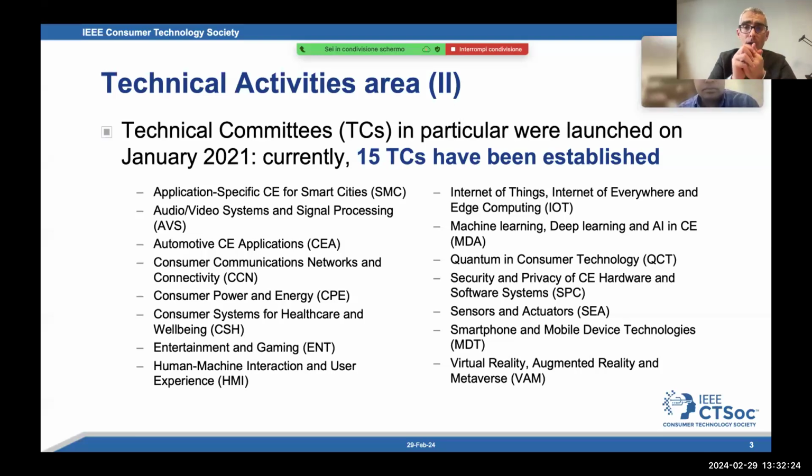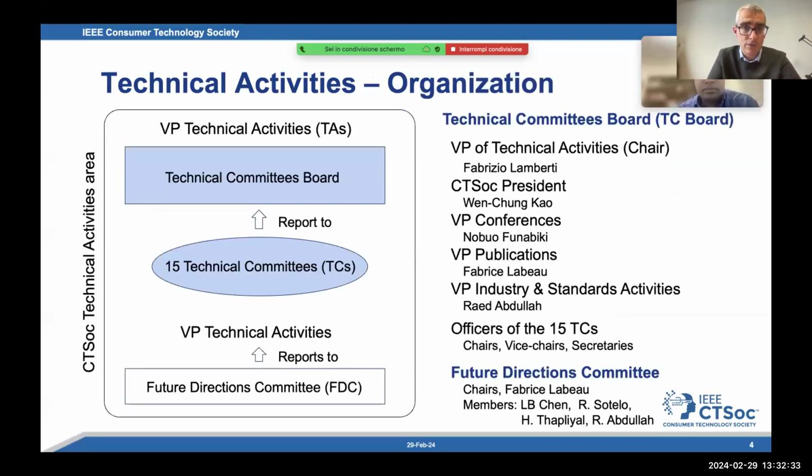and the Quantum in Consumer Technology, QCT, agreed and volunteered to help in the organization of these talks. The technical activities area is organized, as I said, in these 15 technical committees plus a future directions committee. And within this area, there is a board, the technical committee board, which is chaired by myself and is participated by CTSoc President,